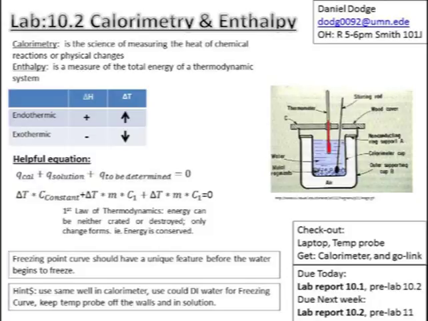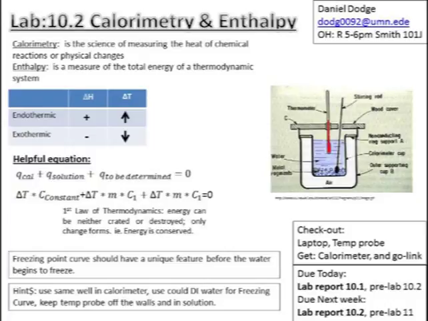So we've got this equation here: Q-cal plus Q of H2O plus Q of what you're measuring equals 0. So essentially, energy is conserved. It's not created or destroyed, it's just changing forms. So if we're having a log and we burn it, the energy is going from chemical energy to heat plus some other energy in the gas. It's kind of the same thing when we're dissolving a salt. Some salts give off energy when they dissolve because there's a lot of energy in the crystal lattice, whereas some take energy to dissolve because it has to